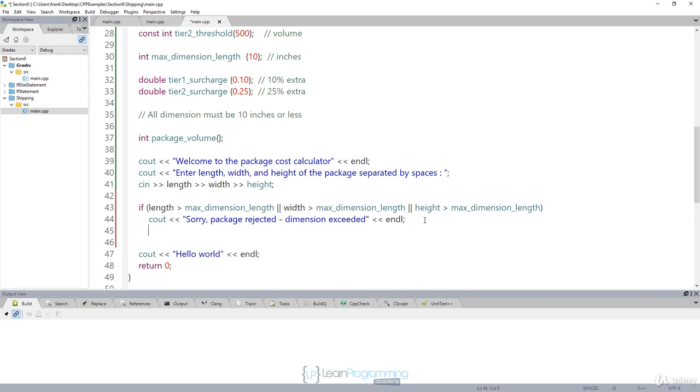Now here's the else part, right? And we may as well put this in a block because we never know when you're going to add code to this. So I'll put a curly here and a curly here. Now I can add code in there easily. So that's my if part. This is when the package has been rejected. The else part is now where we're going to do all our calculations. So again, I'm going to do cout